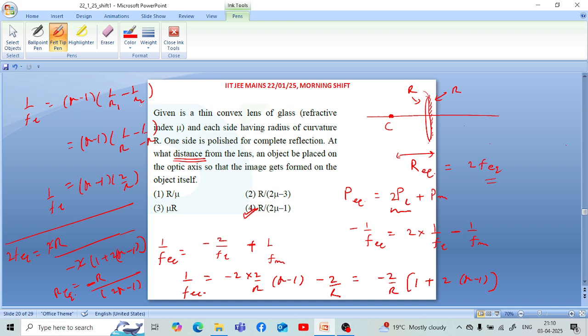और -1 ब्रैकेट 1 अपॉन आर वन माइनस 1 अपॉन आर टू। दोनों ही साइड्स की जो रेडियस ऑफ कर्वेचर है वो आर है। प्रॉपर साइन कन्वेंशन के अकॉर्डिंगली आर वन को हमने आर कहा और आर टू को हमने माइनस आर लिखा, माइनस माइनस प्लस हो गया तो ये हो जाएगा 1 अपॉन आर प्लस 1 अपॉन आर यानी 2 अपॉन आर। तो 1 अपॉन एफ एल की वैल्यू आई म्यू -1 इंटू 2 अपॉन आर। इस वैल्यू को हम अपने एक्सप्रेशन में पुट करेंगे यहाँ पे 2 अपॉन एफ एल, तो यानी 2 इंटू 1 अपॉन एफ एल, और 1 अपॉन एफ एल की वैल्यू हम यहाँ पुट करेंगे तो आ जाएगा -2 इंटू 2 अपॉन आर म्यू -1, और 1 अपॉन एफ एम की जगह हम पुट करेंगे -2 अपॉन आर।